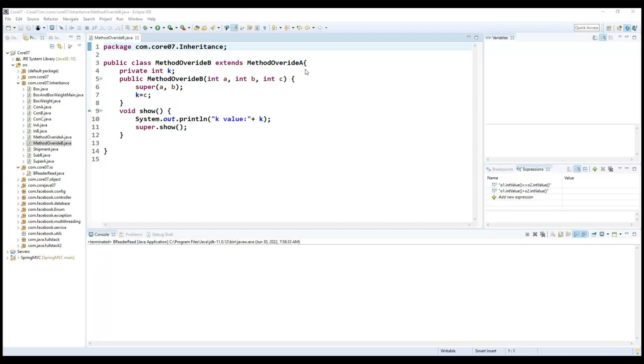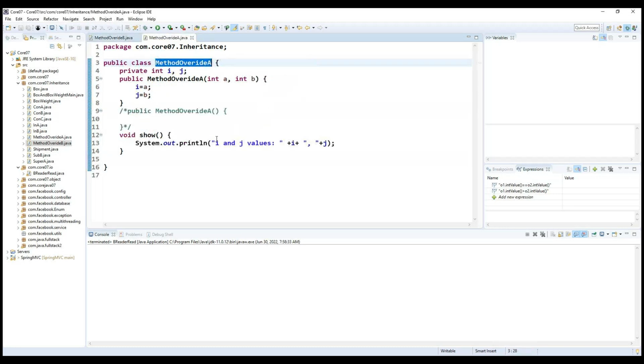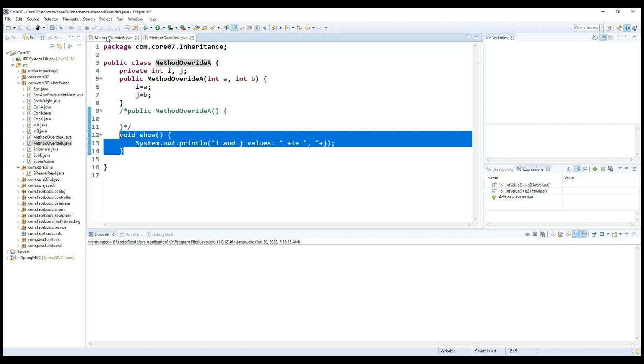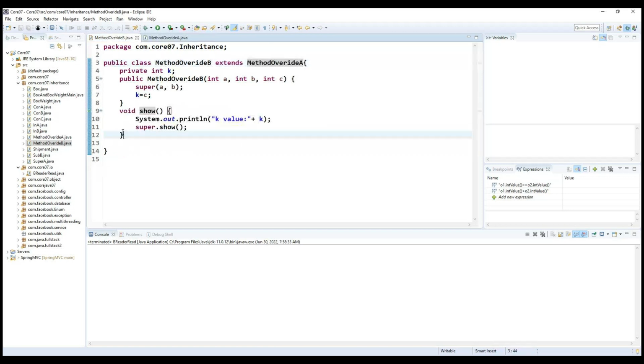Good morning, everyone. Yesterday we discussed the method overriding concept, so we'll continue the same example here. Inside this particular method overriding A class, we define the show method, and inside the subclass